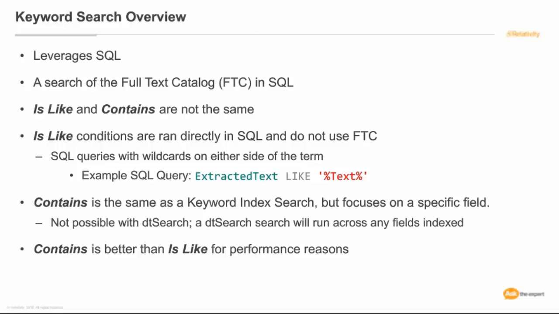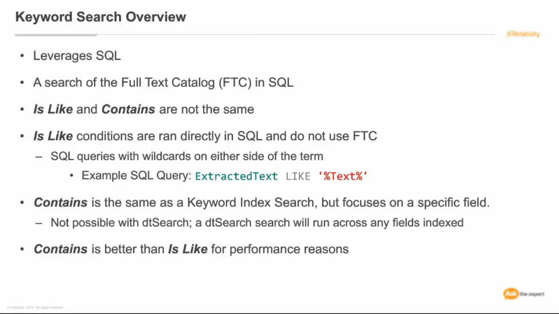One quick note, though, is that is-like and contains are not the same. Is-like conditions are actual SQL queries that are run directly in SQL, not using any index. They are essentially the same as if you've ever run a SQL query and you type a column name like, and then you add the % signs. That's almost exactly what's happening when you use this in Relativity. So because of that, it's going to be taking the text directly as you see it. So anything where you're trying to search for it and you don't want to have it do syntax, is-like is